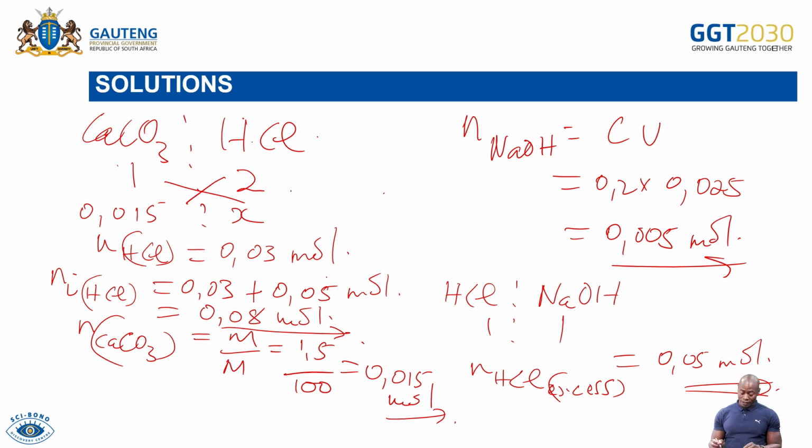That is the total number of moles of HCl. So if the total number of moles of HCl is 0.08, what will be the initial concentration now? Number of moles over volume. The initial number of moles is 0.08. The initial volume they said is 50, which is going to be 0.05. Then what is 0.08 divided by 0.05? Let me check here. It's 0.08 minus 0.03 divided by,